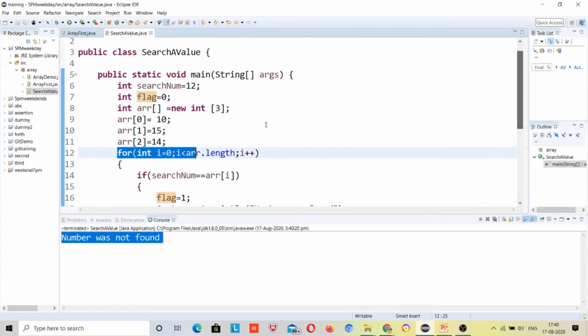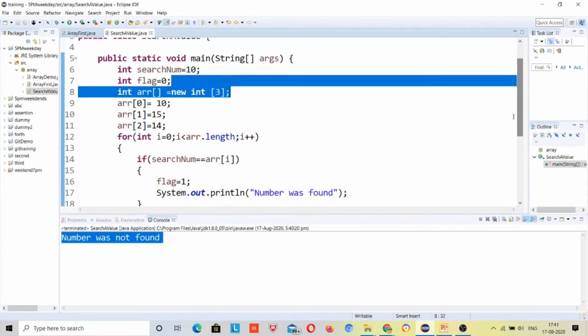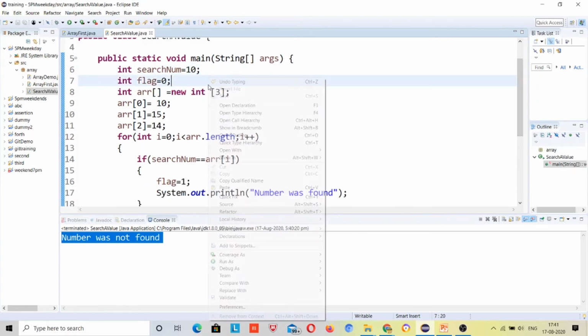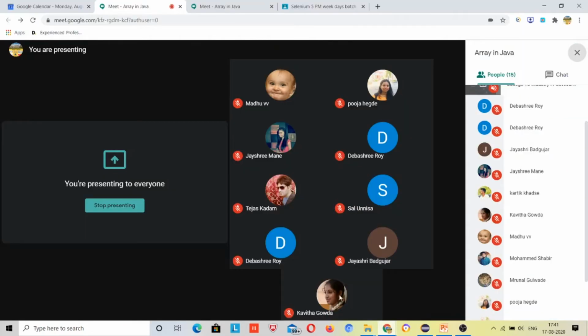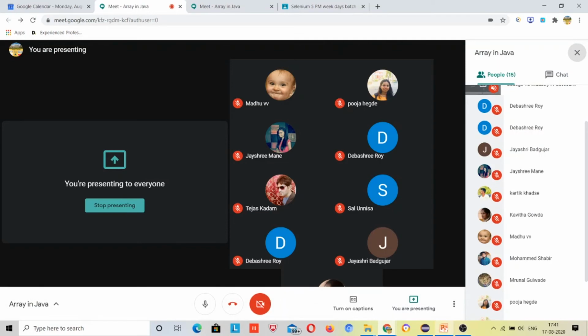Now what I will do, this time I will make it 10. Please pay attention, you are going to learn many logics and this will help you a lot at the time of coding. I will run this. What should the output be now? I want to ask Kavita, what should the output be now?